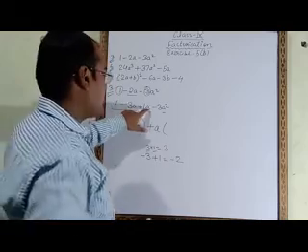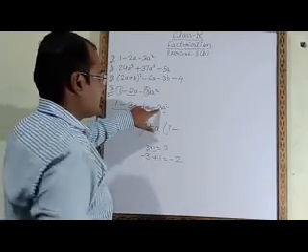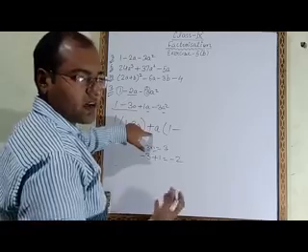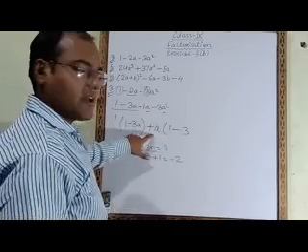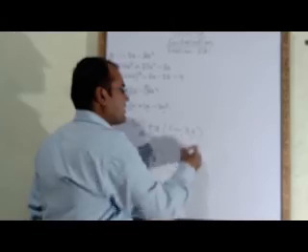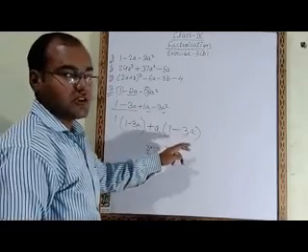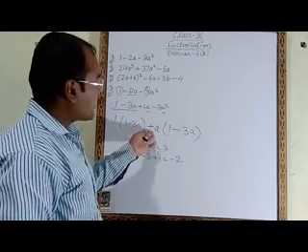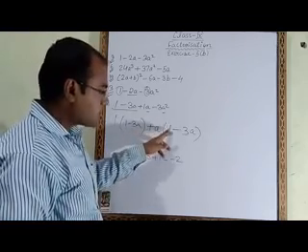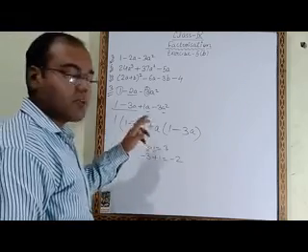We have taken a common. So what is the remaining? 1. Plus, minus minus. 3a square is there. We have not taken 3 common, so we have to write 3. Out of a square we have taken a common, so 1a is remaining. Now you can check it. Both the brackets are the same: 1 minus 3a, 1 minus 3a. So we have taken plus a. If we take minus a common, the answer will be minus 1 plus 3a, and the brackets will not be the same. That's why we have not taken minus a common.